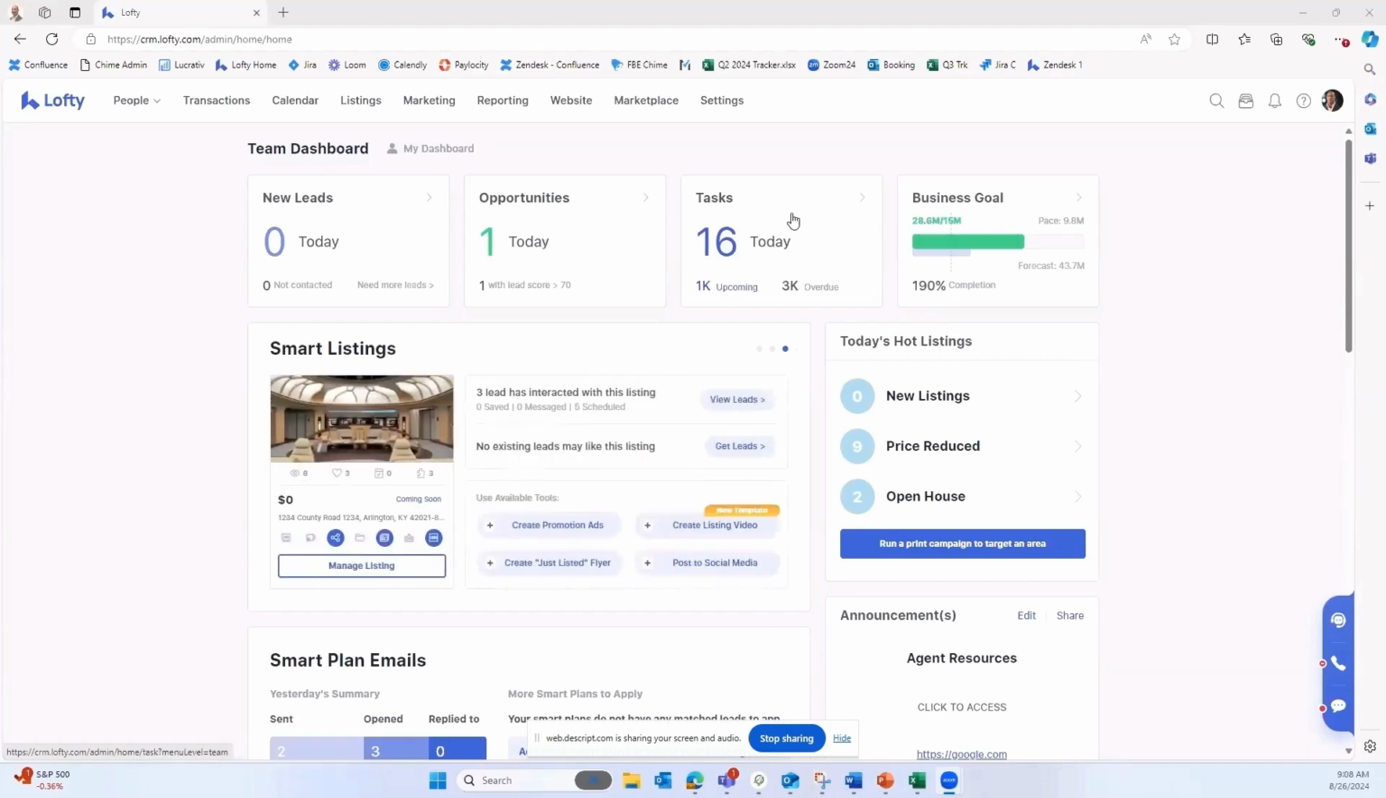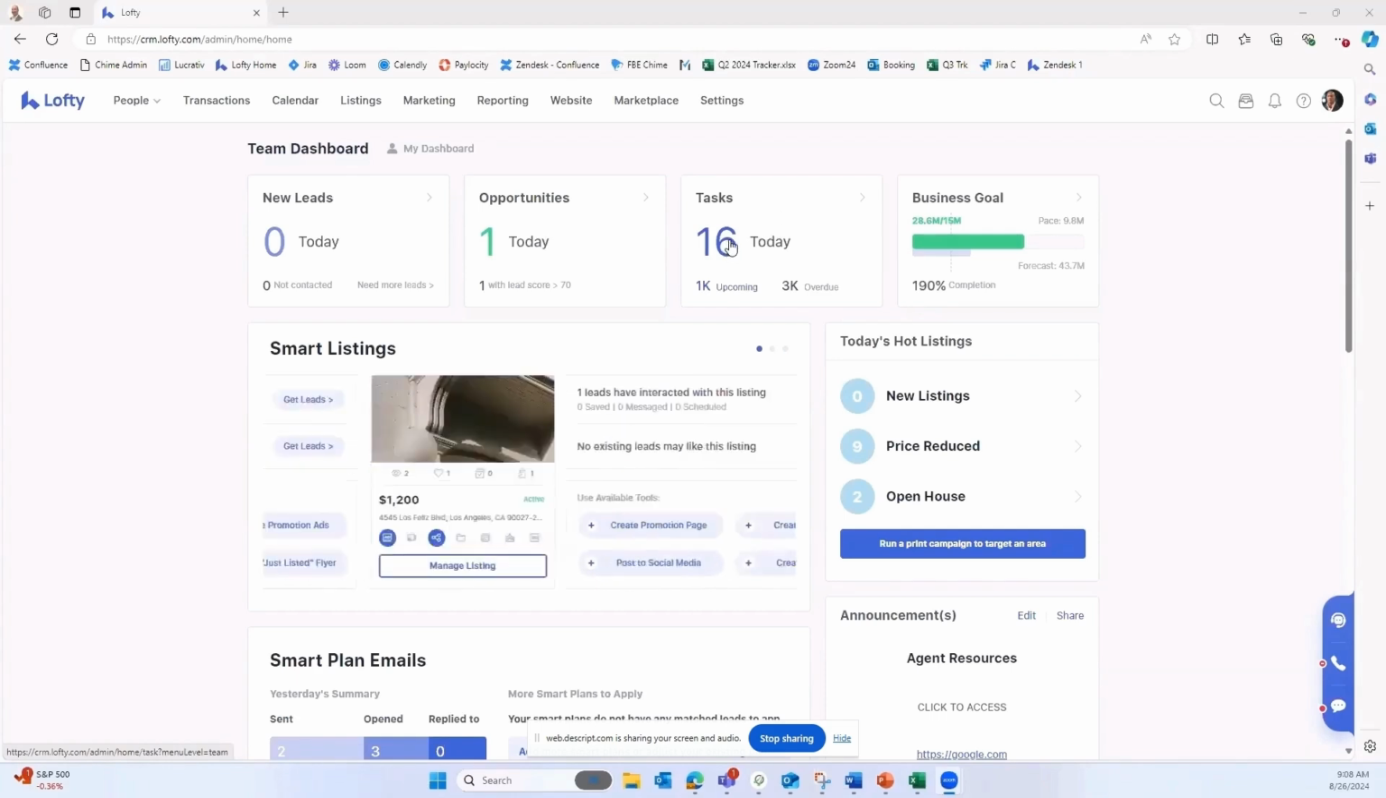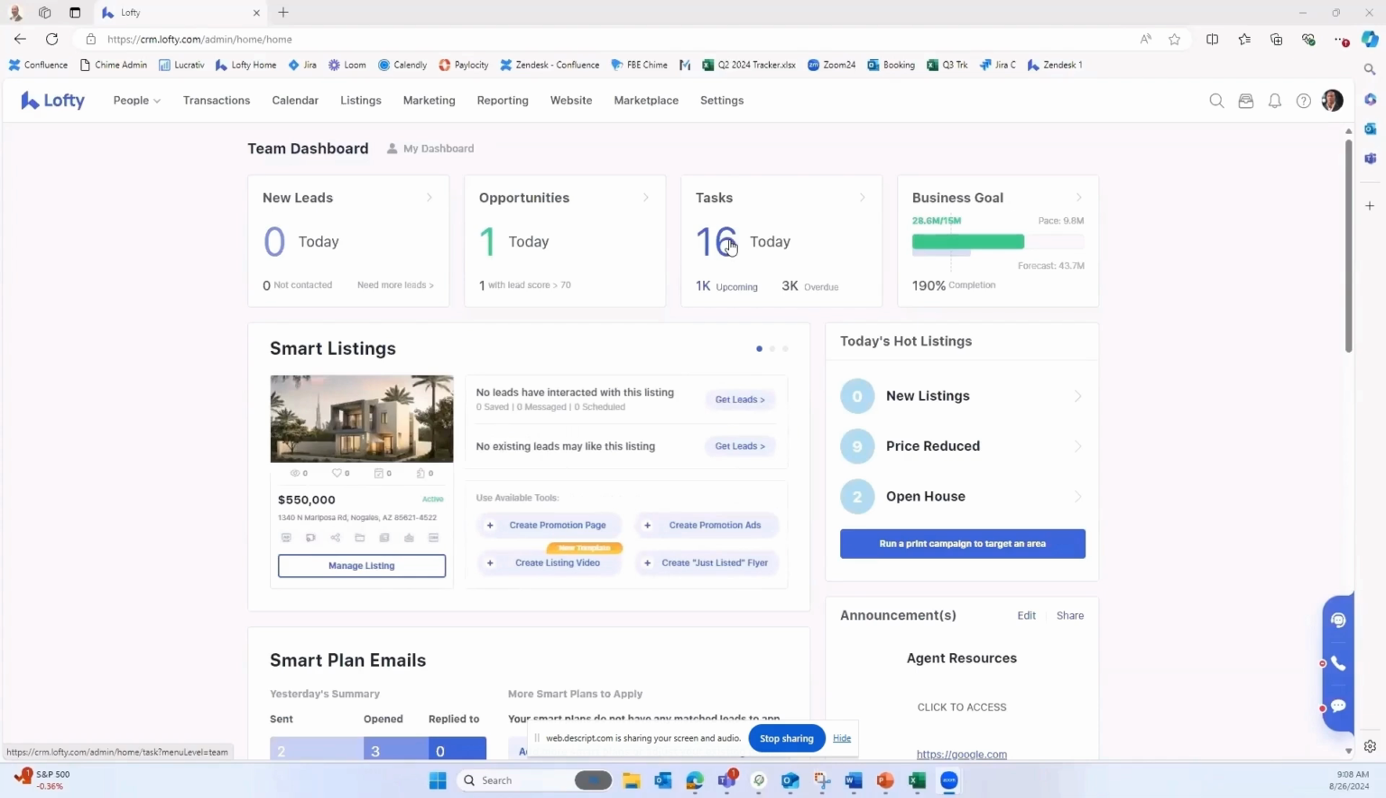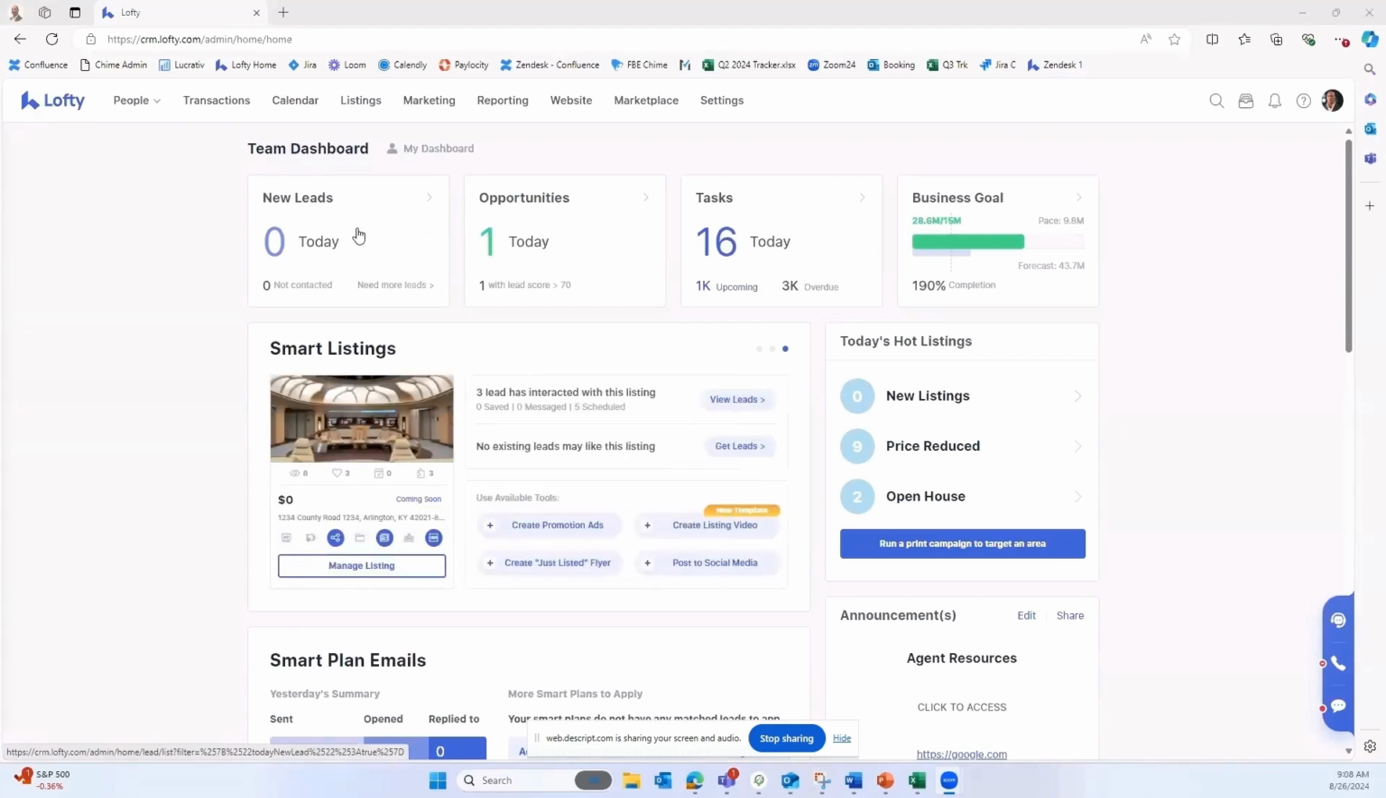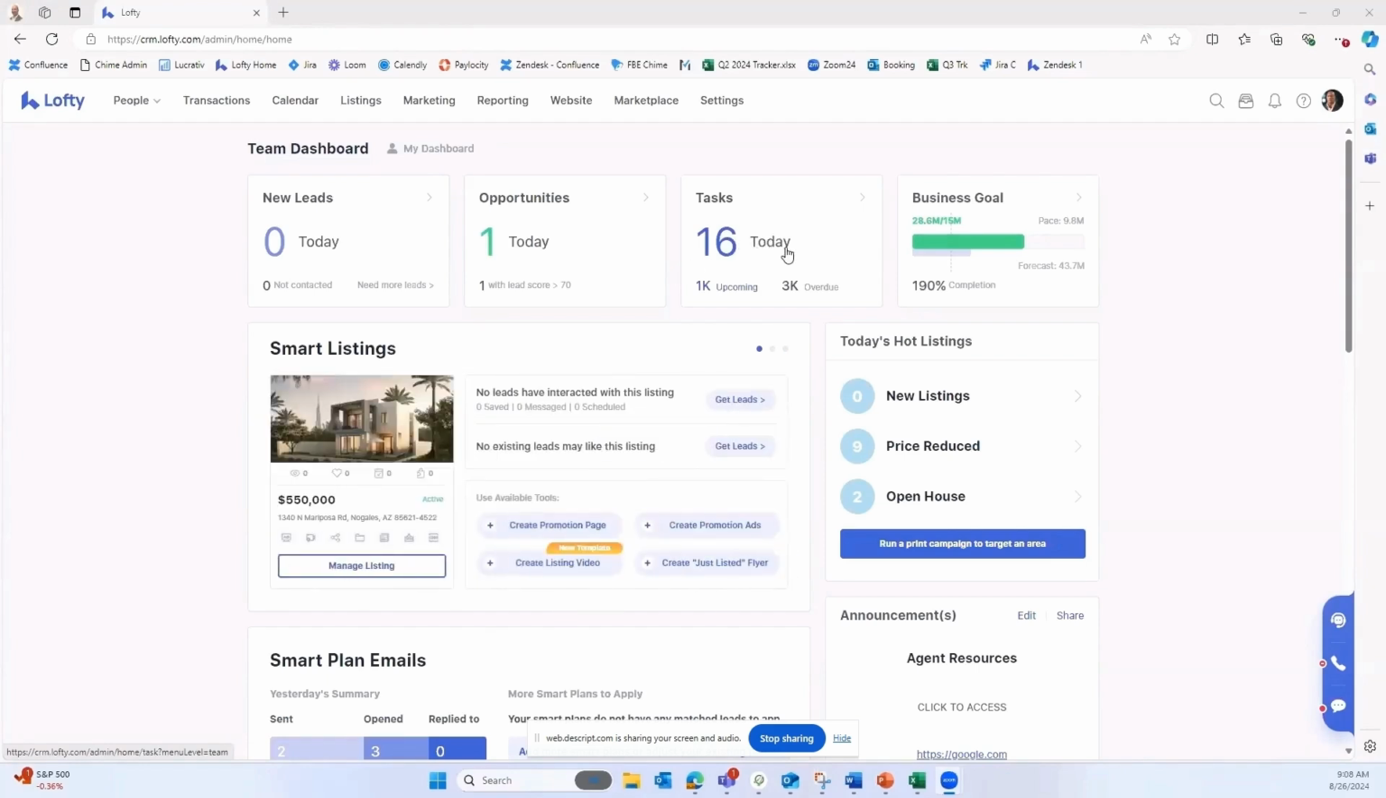Tasks. Now, with your tasks, these are going to be, again, something set by you or something set on your behalf by somebody else. When you see, as I do here, 16 tasks for the day, you can simply click on the box and it will take you there. There are a couple of ways that you can get to your tasks. You can get there the easy way just by clicking here, or you can also click on the calendar tab up top. So let's just click here on tasks